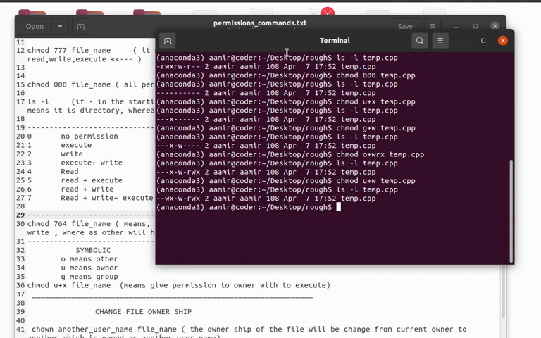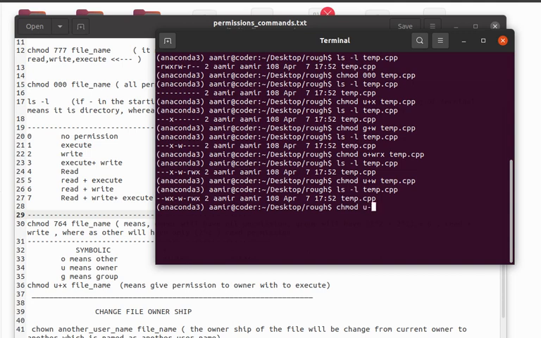So now let's change the permission to execute. So how will we change it? If I want to take this execution permission from the user, what will I do? I will use chmod, and u means owner.